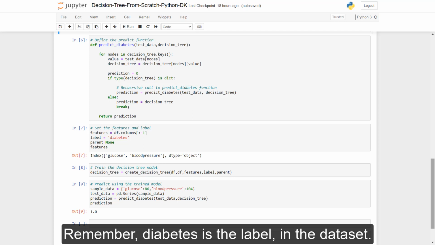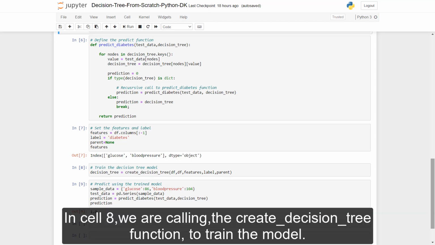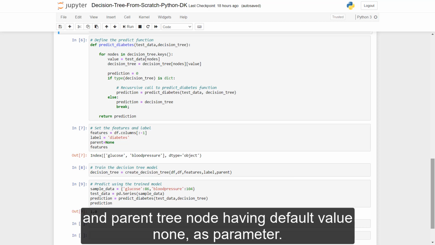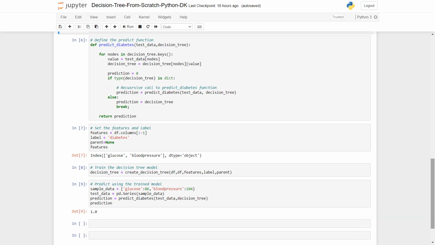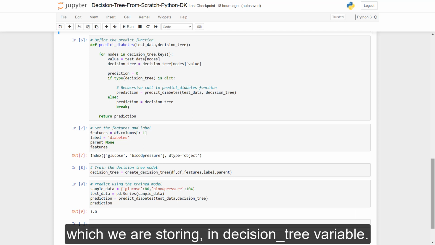Remember, diabetes is the label in the data set. In cell 8, we are calling the create decision tree function to train the model. To this function, we are passing the dataset, features, label, and parent tree node having default value none as parameter. This function will return a trained decision tree which we are storing in decision tree variable.